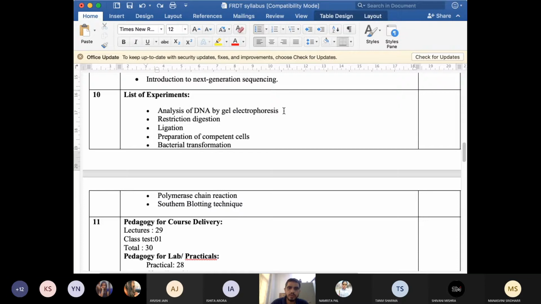Before going into the first experiment, I would like to ask you, in your previous semester, have you studied this experiment or not? Sure. Gel electrophoresis, we had it in instrumentation biology, but it was theory, and we didn't do the experiment. And what about your molecular biology? Did you do some molecular biology course in the fourth semester or not? Yes, sir, we did, but this wasn't part of the experiments.